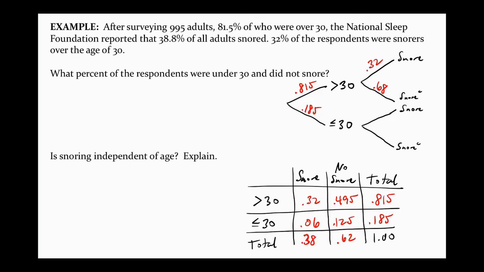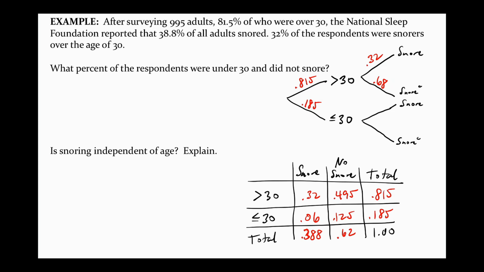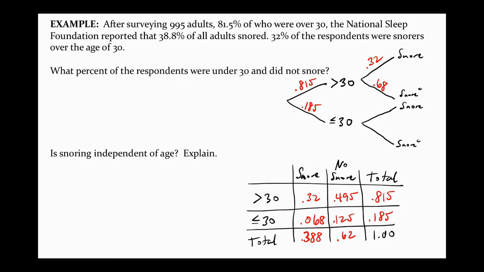There you go. Yeah, you have to use a little bit of critical thinking, right? Because they say 38% of everyone snored, and I know that these guys are part of the snorers. So whatever I need there, I can figure out what would be here. You can do that deductive reasoning. That works. But when I did the table, it made a little more sense to me because I could put the 38.8 at the end. I should have put that. 38.8. That should be an 8.